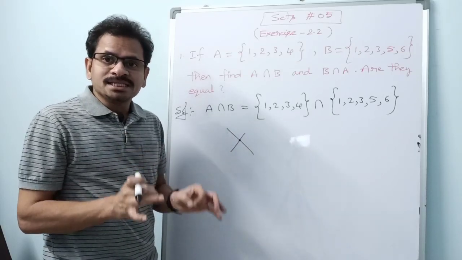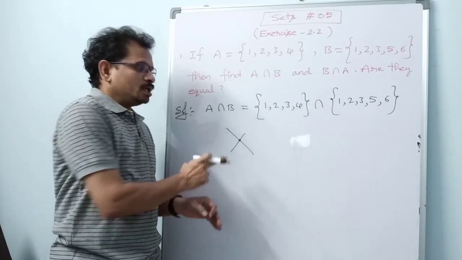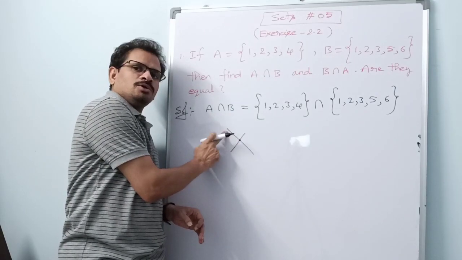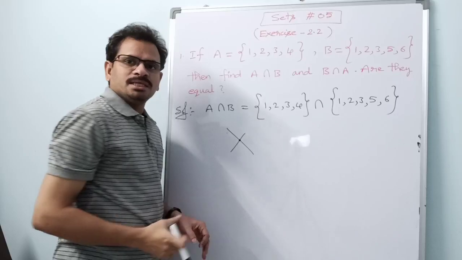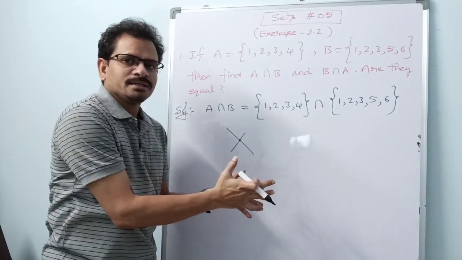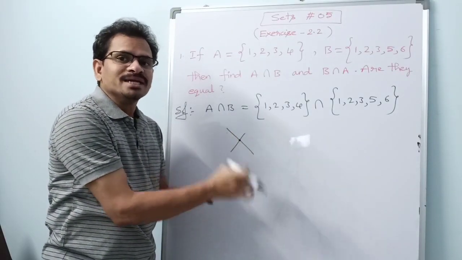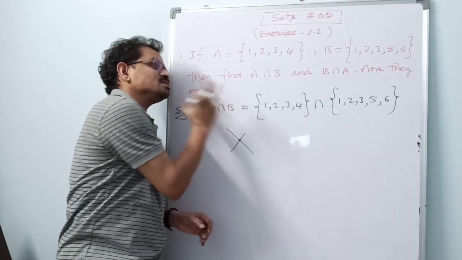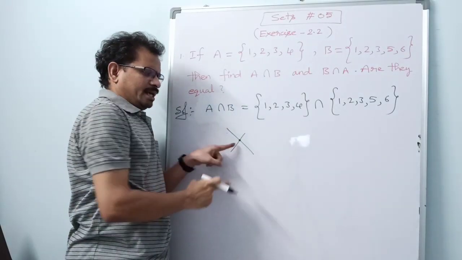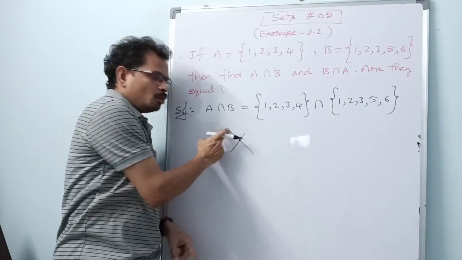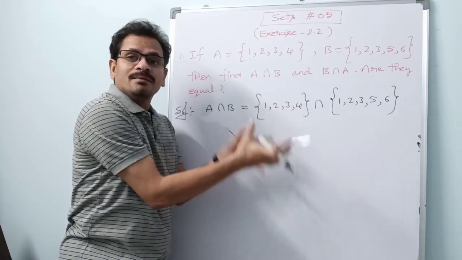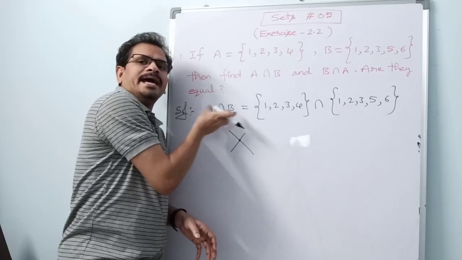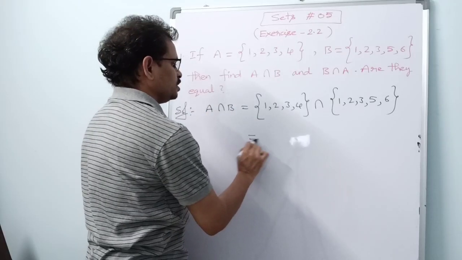So the elements which are common to both. See here, this dot is common to both the lines. Similarly here, intersection of these two sets means we will get a new set in which the elements are common to both this one as well as this one. Same like this, as this point is common to both these two straight lines, here we get a new set in which the elements are common to both A and B. So this is equal to how much?